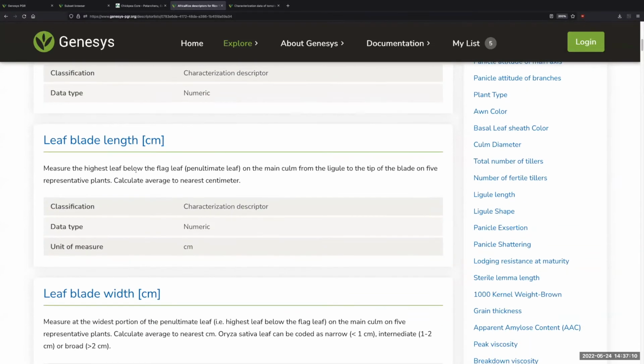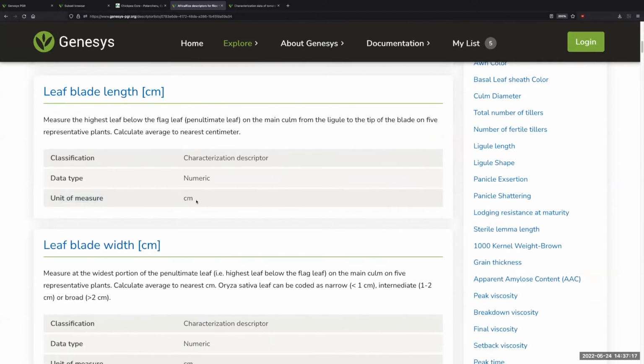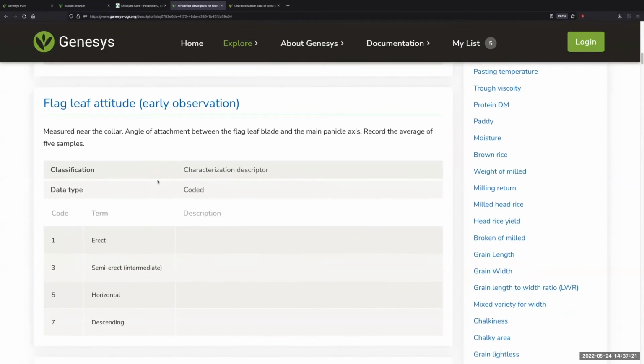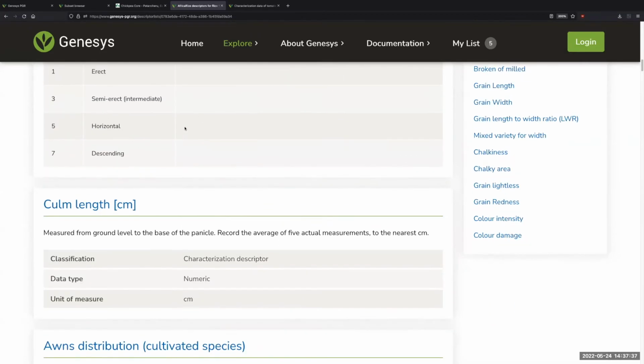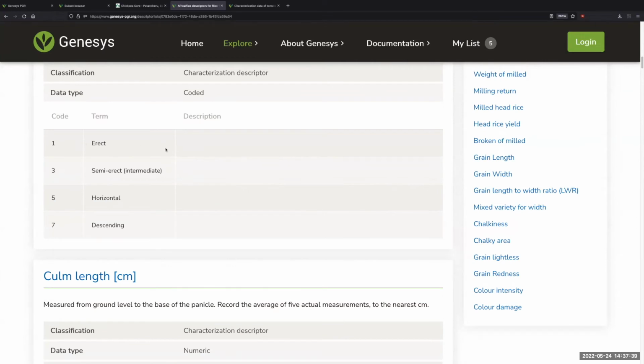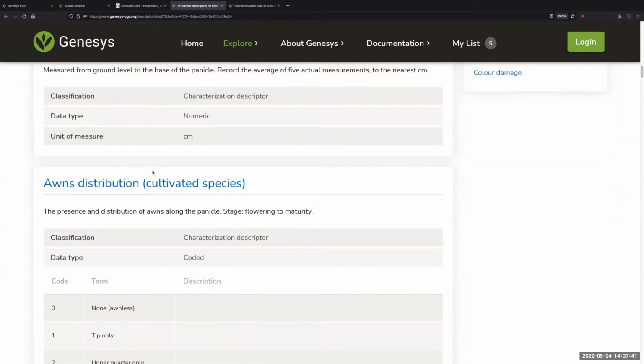When you have descriptors that measure length, the unit of measurement is usually provided, and it's recorded separately for each descriptor, and so on and so on. When we're dealing with a list of options that are encoded, these are provided with labels, and optional description for each of those labels. In this case, the descriptions are not provided. And I just want to find one more